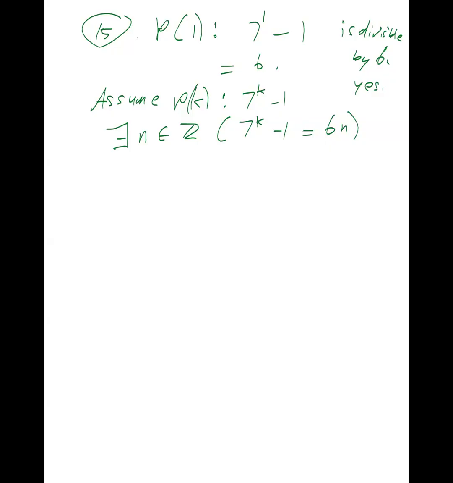What it means to say that it's divisible by 6 is just to simply say that 7^k minus 1 equals a multiple of 6. So that's the inductive hypothesis. We're just assuming that it's a multiple of 6. Now we have to prove that